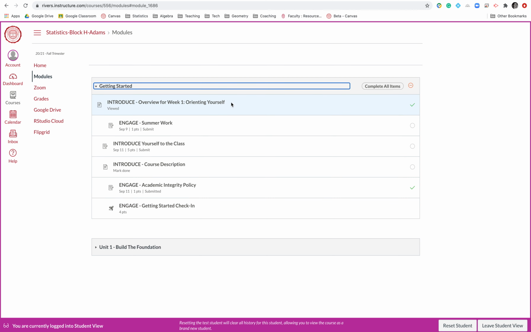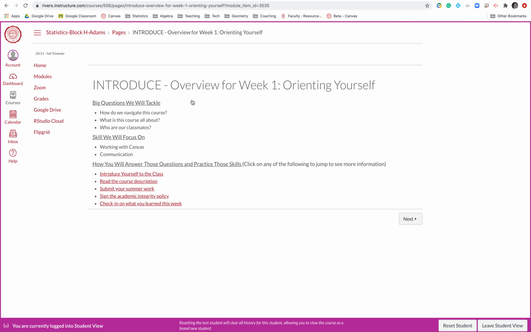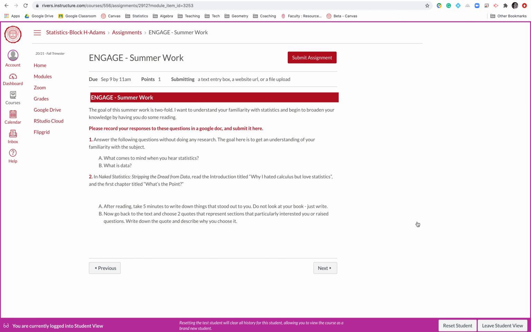As we look to a specific assignment, you can see I can click into this one. It gives me more information about that assignment. In this case, I've made these underlined in red clickable, so it'll take you right to those particular resources. But also, if you just go to the next one at the bottom right here, it'll take you to that next assignment. Looking at this one here, this is the summer work, and this is what a typical assignment will look like. Anything coming in red requires a submission. So here it gives me the directions for what to submit, and then up at the top right it says Submit Assignment.